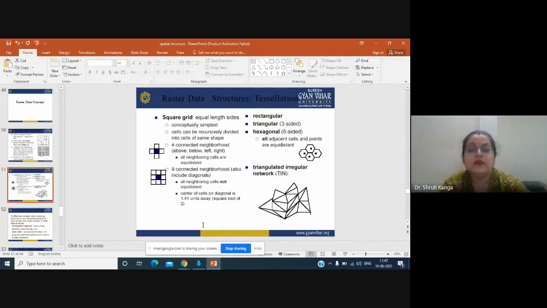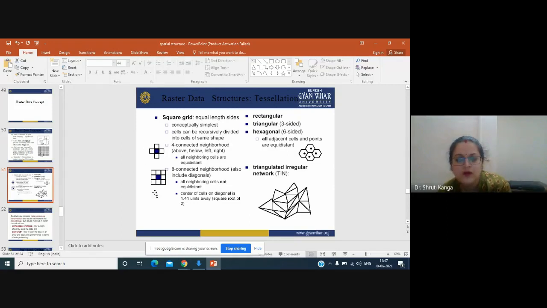Now we have the raster data structure. These cells can be stored in different shapes. One is the normal square grid. The second one is the grid which is interconnected with the neighboring 4 grids, which you can see here in the second image.